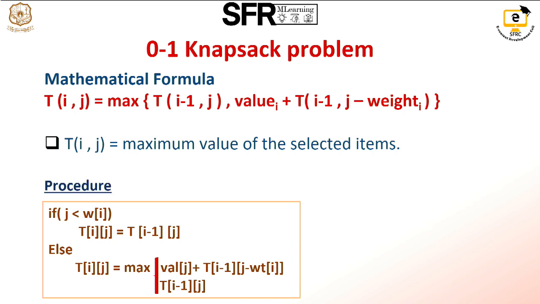The procedure is: if j is less than the item's weight, then we fill the cell with the previous row's value; else we have to find the maximum value, so there are 2 variations. We can implement this by using an